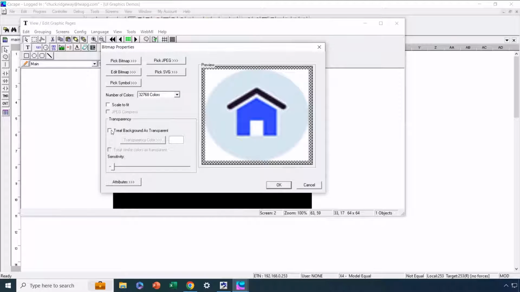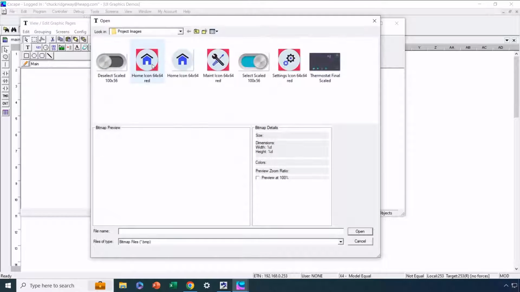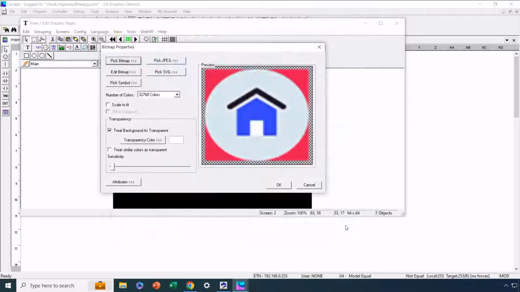However, if we say treat the background as transparent, Cscape is going to struggle to not remove some of the areas in the center, which are also the same color as the background. So that result is not going to be what we want. So instead, we're much better off with importing a graphic where we have filled the background with a much different